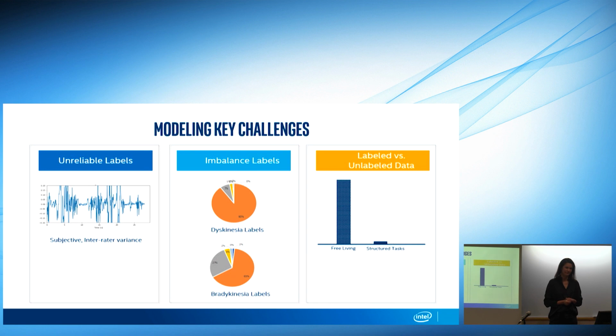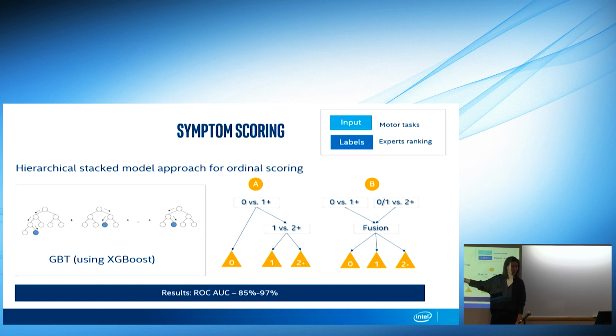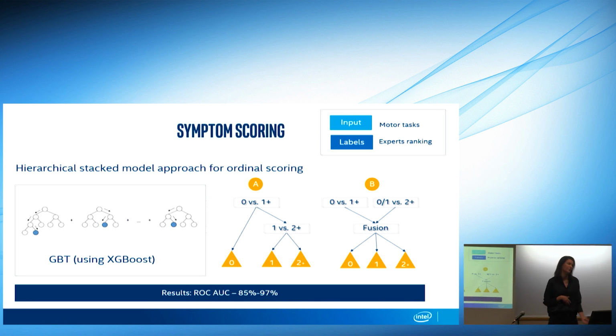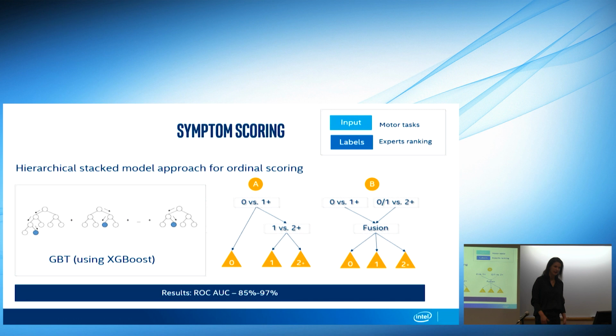And how do you address the imbalance challenge? One of the approaches was the stacked model approach, where we train 0 versus 1, and then we had a smaller model that did 1 versus 2, in a different split. Another thing is that we grouped together all of the 2+, and from a clinical perspective, it makes sense.